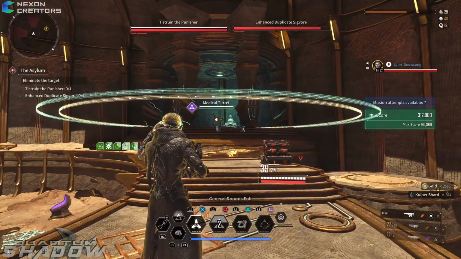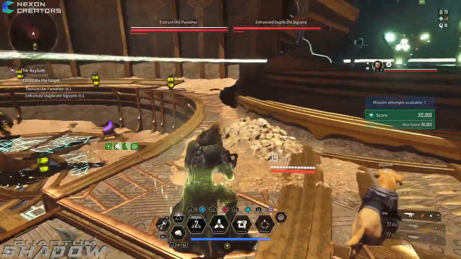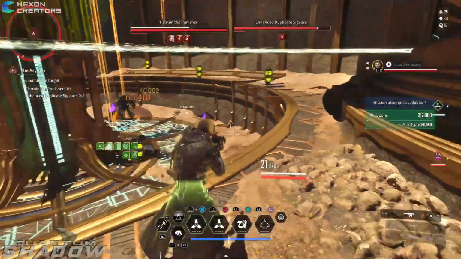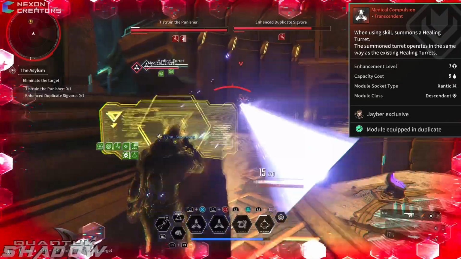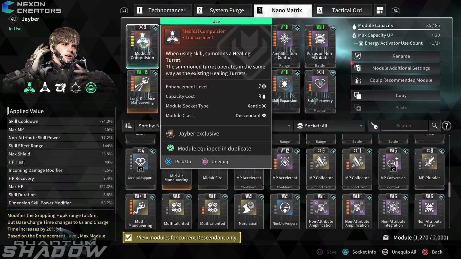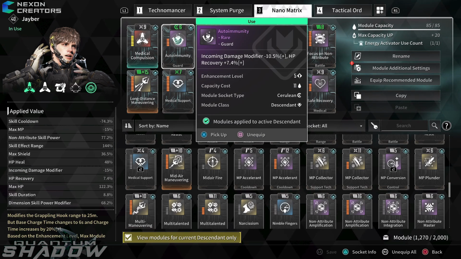Next up is Jayber's healing build, which can be used for both mobbing and bossing. Note that this is a purely support build, so use only if that is your goal. It uses Medical Compulsion, which, as I stated earlier, changes his assault turret into a second medical turret. The mods for this build are Medical Compulsion, Auto Immunity,